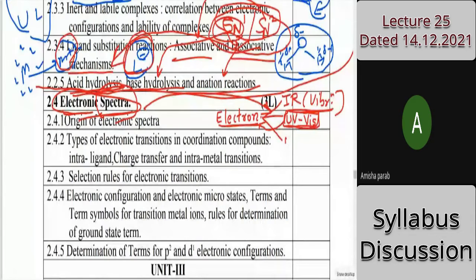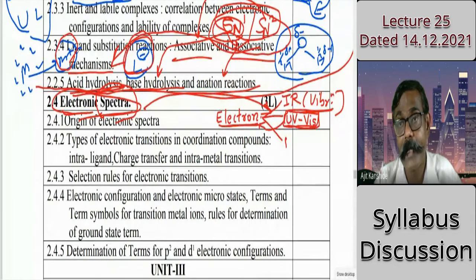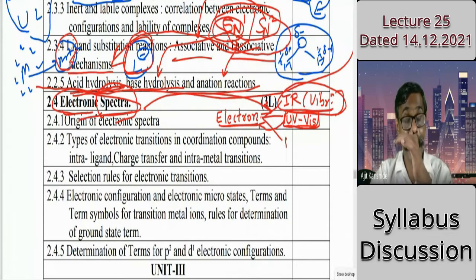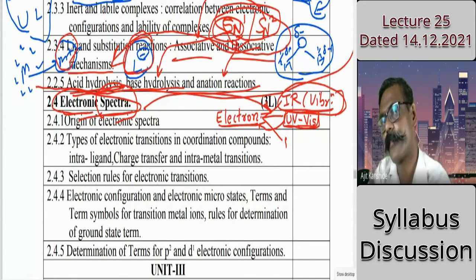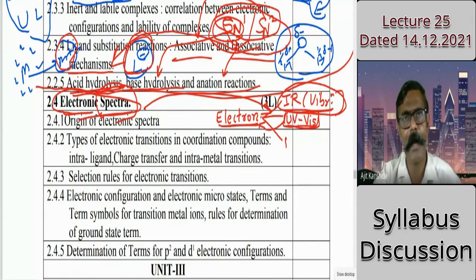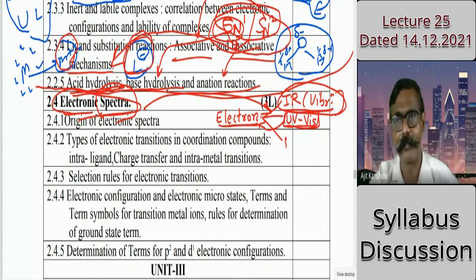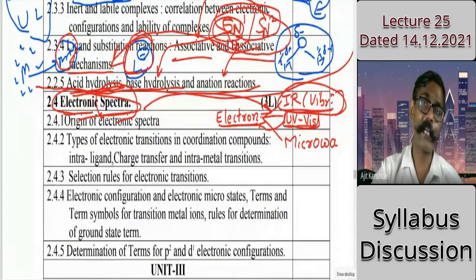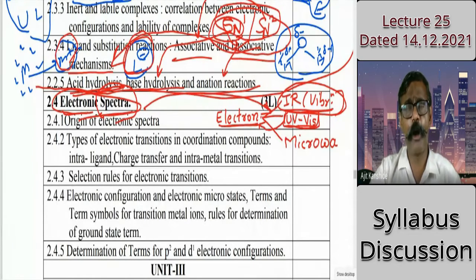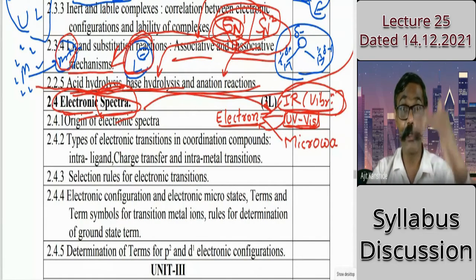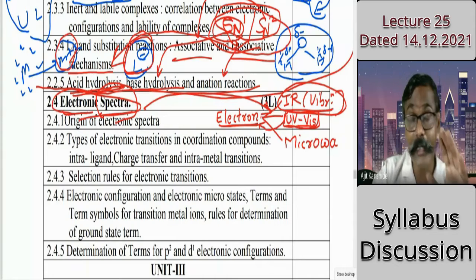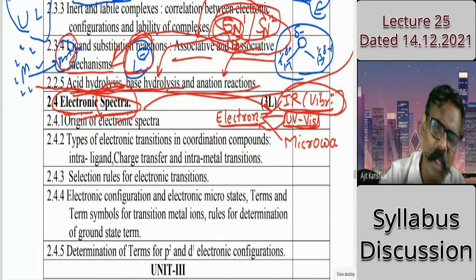Anyone? Raman spectra. Okay, Raman spectra and IR spectra are related. Raman spectra is a type of scattering. There is a scattering difference, therefore only the name differs. IR and Raman are related. Other? X-ray. Actually, X-ray spectra is also possible. But for that particular energy, K to L, it is not related to the electron transition, but to removing the electron.